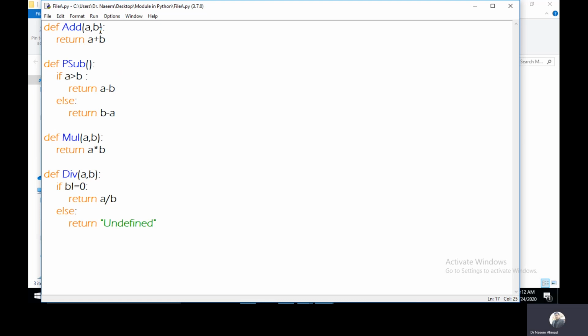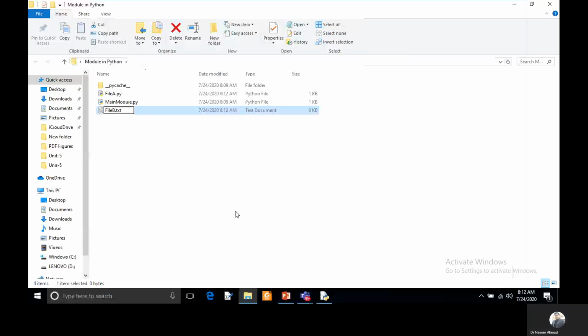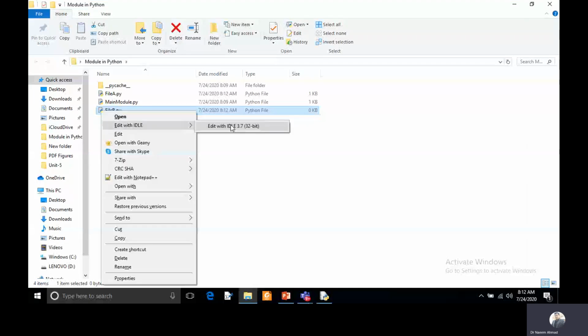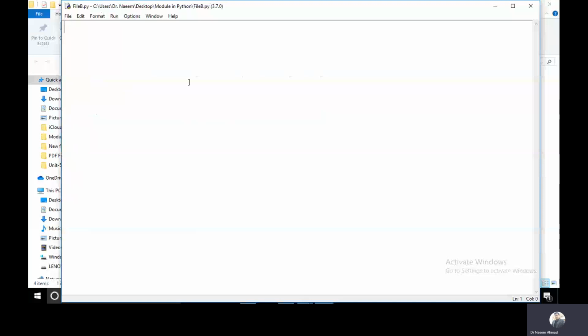These four functions I have created in this module, and one more module we can create, and I'm giving the file b. In this module I'm just creating two functions, the square function and the cube function.